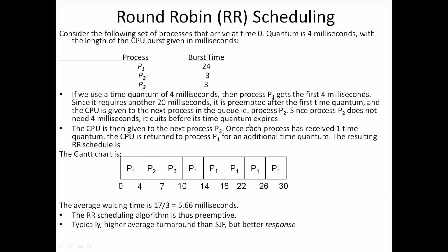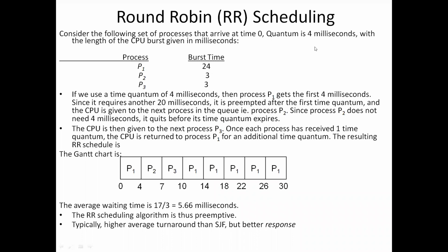Okay, that is process 2. Again, after completion of its time quantum, process 1 will be put at the tail of the queue. In the queue we have process 1, process 2, process 3. After its time quantum of 4 milliseconds of execution, process 1 is again put back at the tail of the ready queue. Next, the CPU will be allocated to process 2.